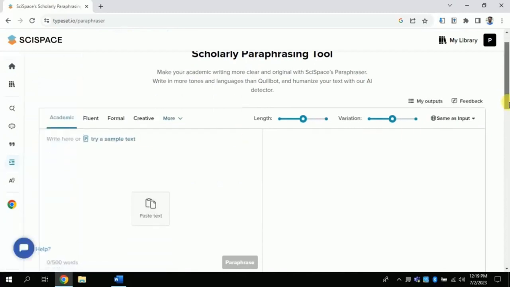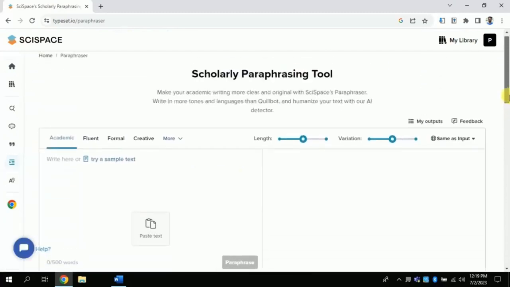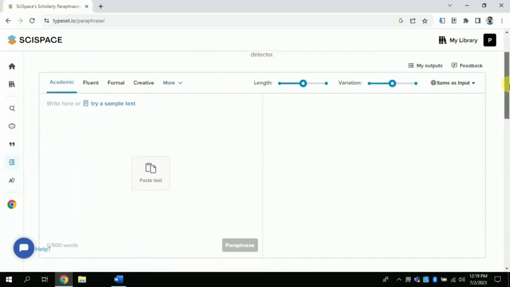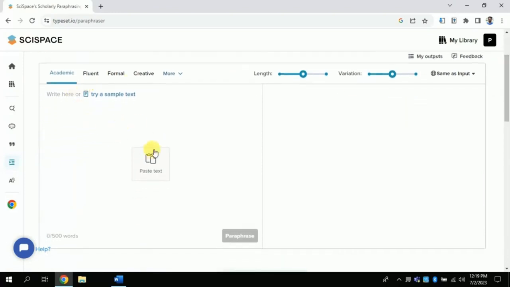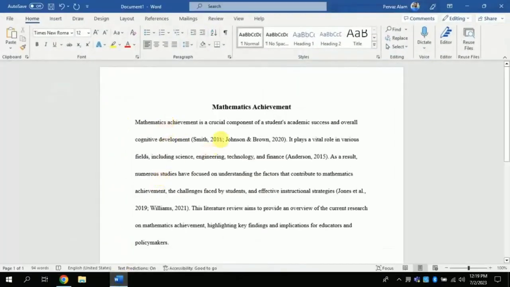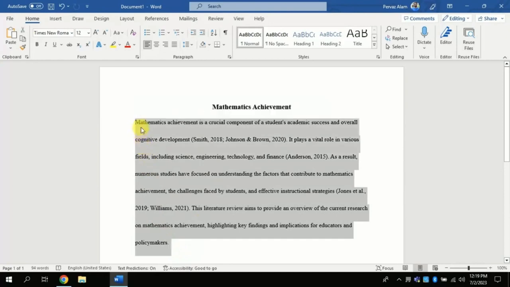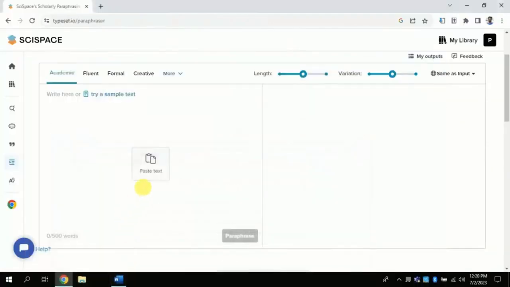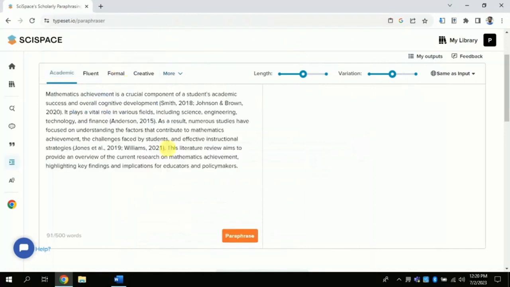What you need to do is, you have to copy the text you want to paraphrase, and you have to press the given paraphrasing key. Let's suppose this is the text, which I have generated using ChatGPT. I am just copying this. And I am pasting it here. Once you are done with the pasting, then click the paraphrasing key. Just wait for a while, it will automatically paraphrase the entire provided text.